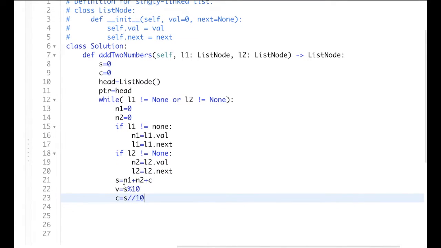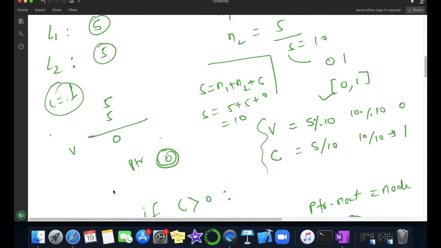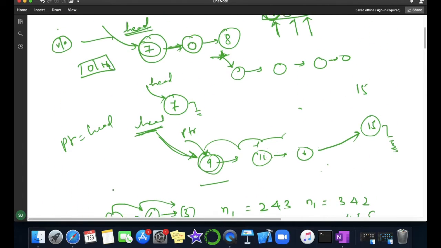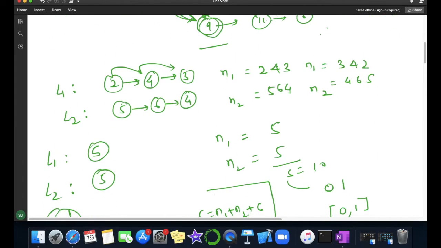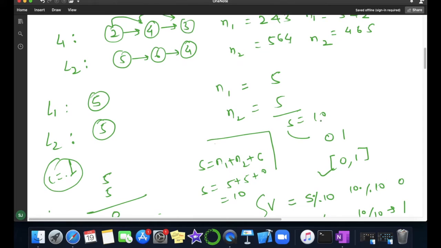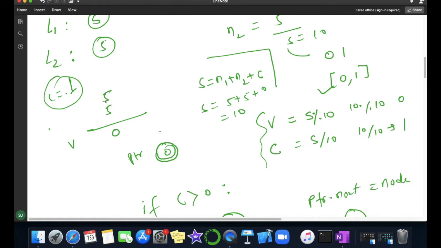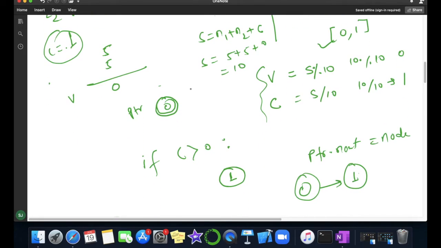Now we got the value part. Suppose for the initial one, my lists had the value 5 and 5, so n1 is 5 and n2 is 5. So my v is how much? After calculation my v is 0.